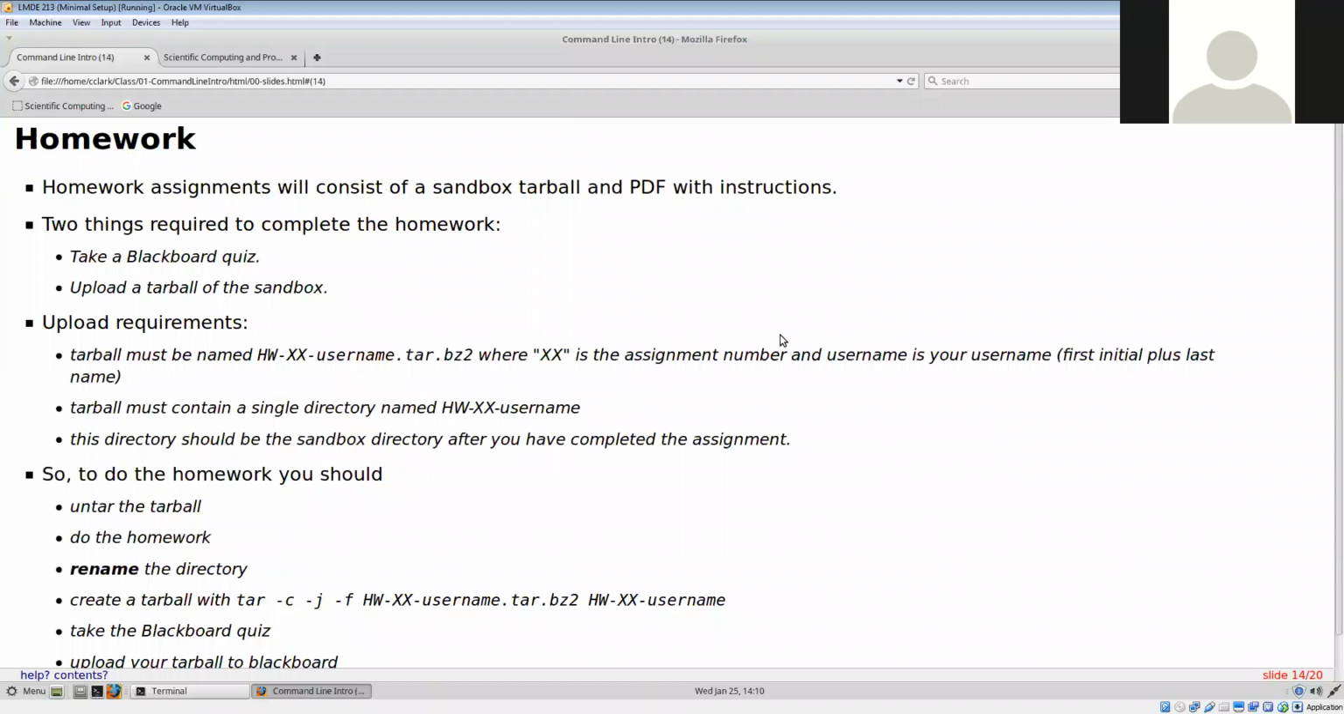All right, so for homework, assignments are going to consist of two parts. There's going to be a sandbox tarball, just like the sandboxes, right? So there'll be a tarball that you download, unpack. It'll have files in it for you to do something with. And then there's going to be a PDF with instructions. And then there's going to be two things that are required to complete the homework. There's going to be a Blackboard quiz, and then you're going to have to upload a version of the sandbox